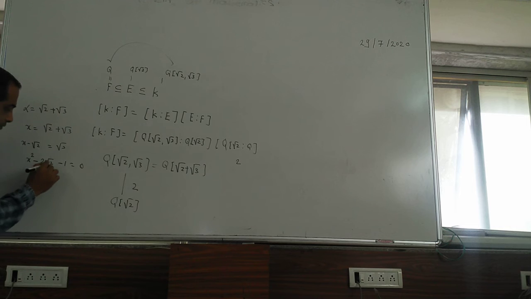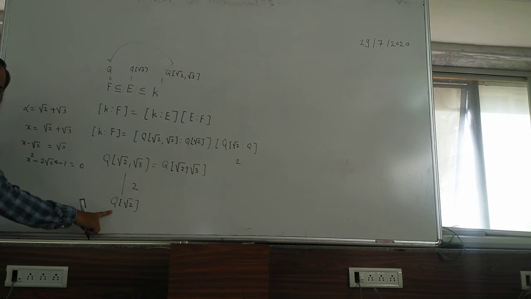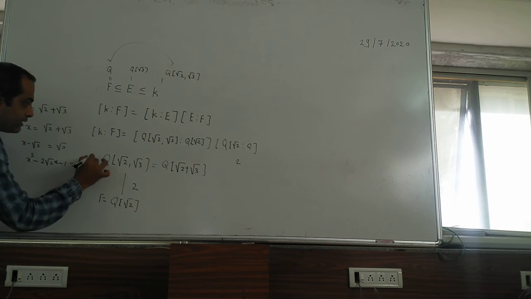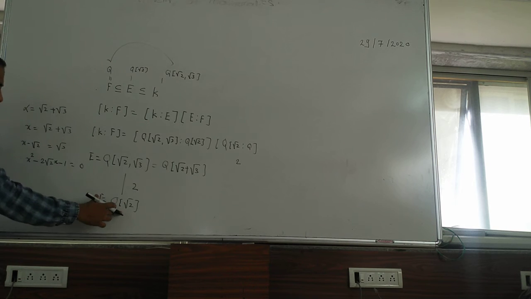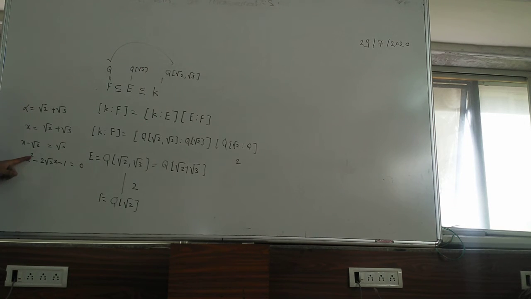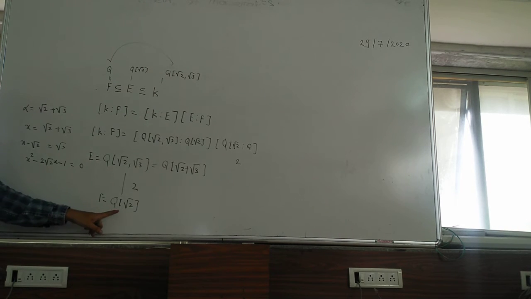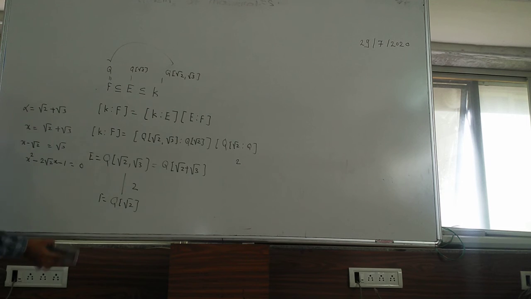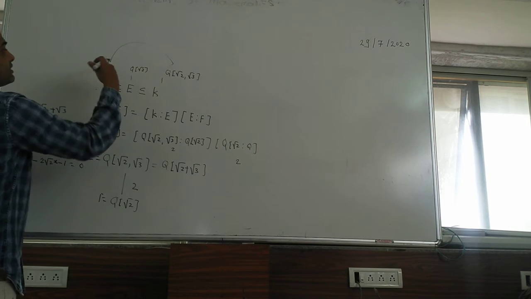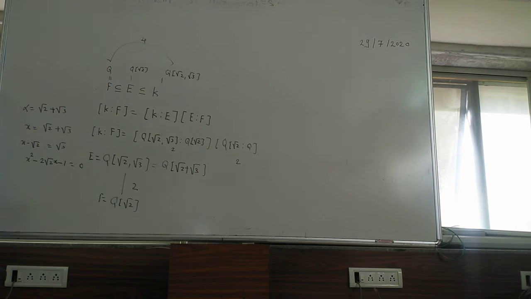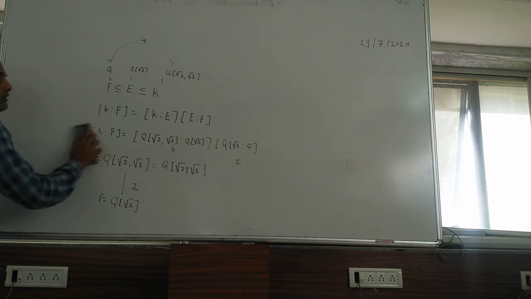Now the coefficients must be from this field, not Q. This is your F now, and this is your E now, for example. What are the coefficients? 1, minus 2 root 2, minus 1. 2 root 2 is in the field. So what is the degree of extension? It is 2, not 4. You need not square again, because this coefficient is in this field. That is the interesting thing. So this degree of extension is 2, and 2 into 2 is 4. So the total degree of extension over Q is 4. That is the calculation we have.